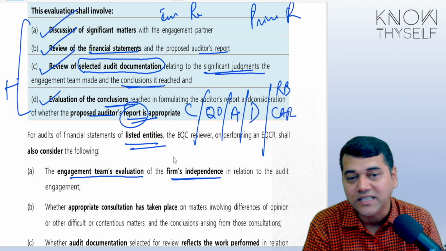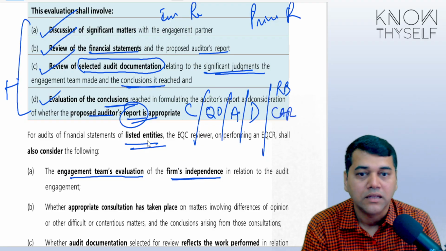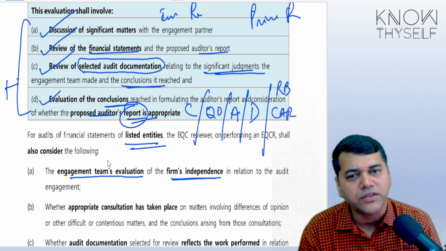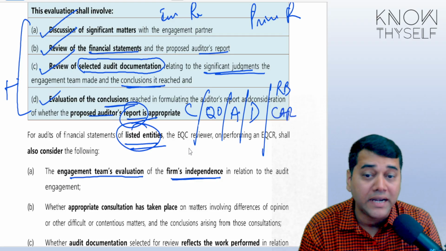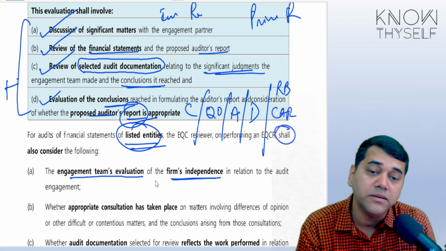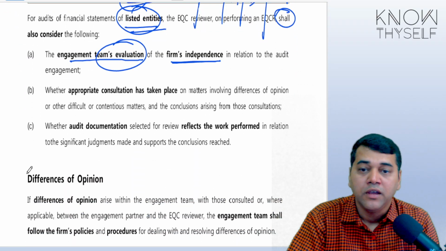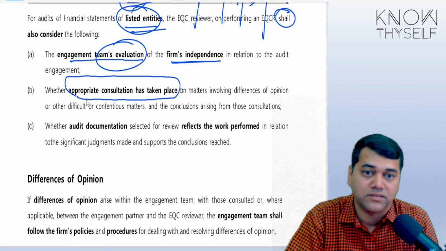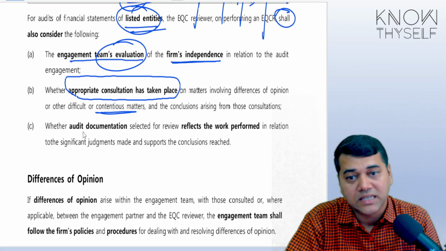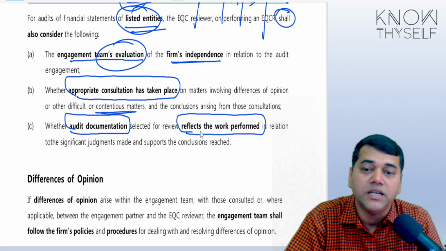If it was not a listed entity, yes, the engagement partner could have argued with you. The engagement partner would say, why are you evaluating independence? That we have seen. But for a listed entity, it becomes mandatory for an engagement quality control reviewer to check the engagement team's evaluation of independence. The engagement partner also has to give the record whether appropriate consultation has taken place on matters involving difficult and controversial matters. And third, whether audit documentation selected from the review reflects the work performed in respect of significant